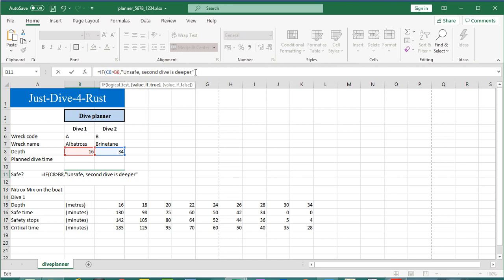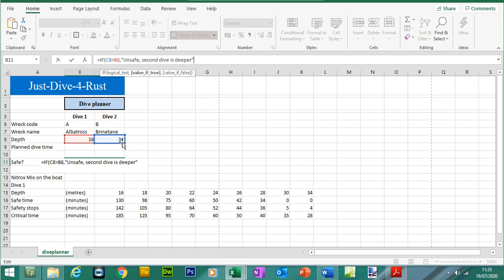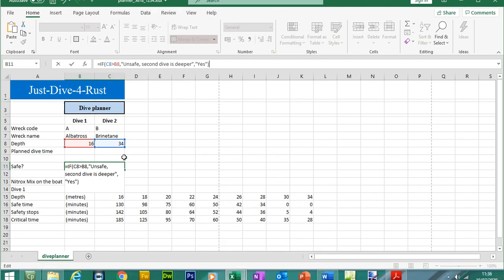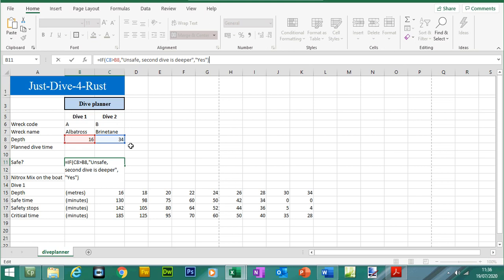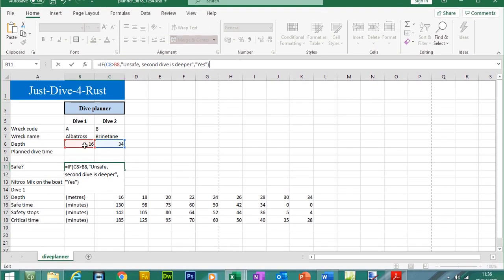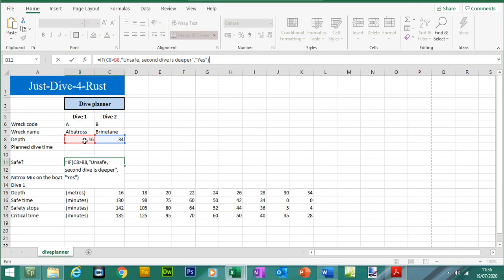Close your speech mark. So if this cell here, C8, remember to look at the colors, this is blue, is greater than this cell here which is red, then this true statement will be shown. If this is not the case, let's get to the false. Press comma. If it's not true, then we want to show yes. And just before I press enter, you should expect to see the true statement because the number here is greater than the number shown here. Press enter